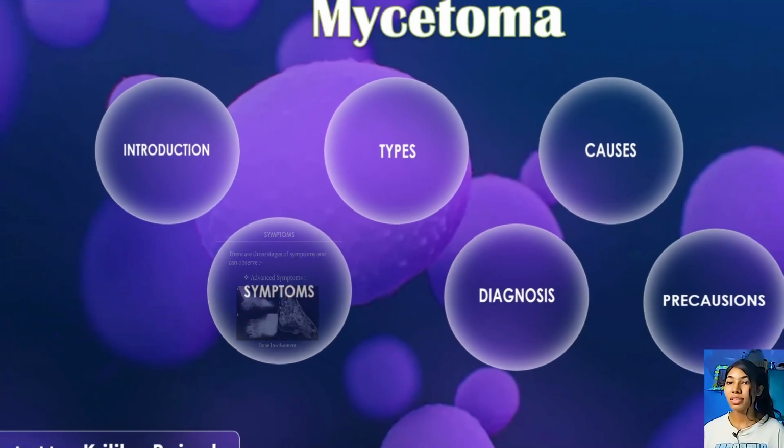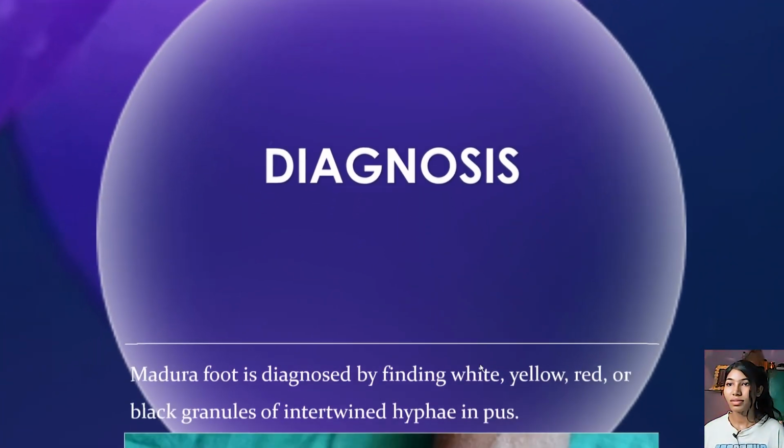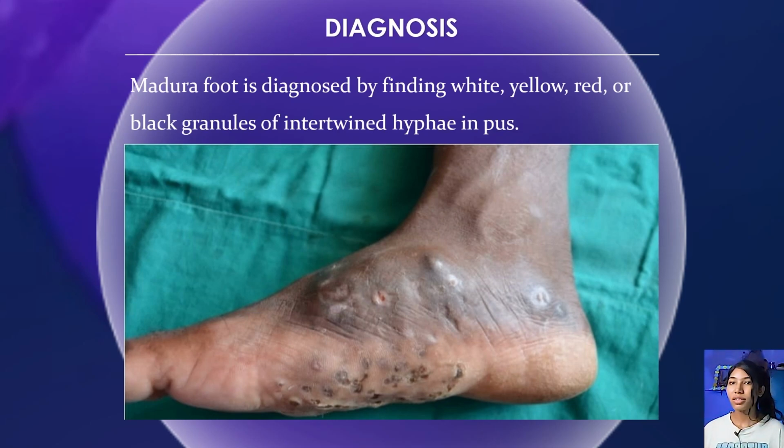Then next is diagnosis. Madura foot is diagnosed by white, yellow, red and black granules. You can see in the pictures, granules are visible. Then next is